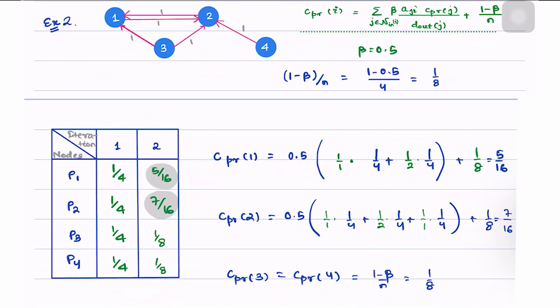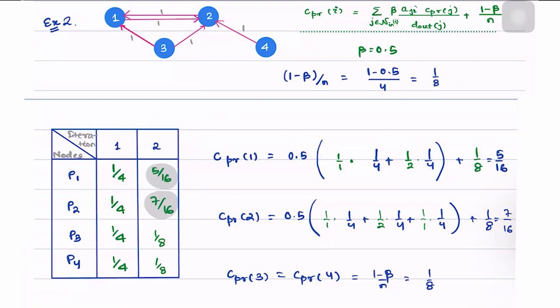So this brings us to the end of our discussion on PageRank centrality. I'll just add one more piece of information: while we have selected the value 0.5 here, in the algorithms used by Google, the value that's commonly used for beta is 0.85. So PageRank centrality, as discussed before, is one of the most popular ranking algorithms and also one of the most applied ranking algorithms. Google search is formed out of this.